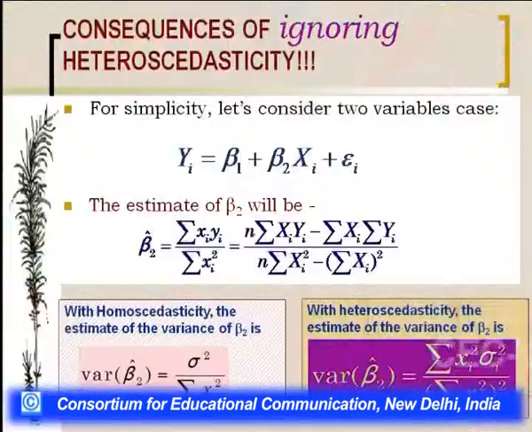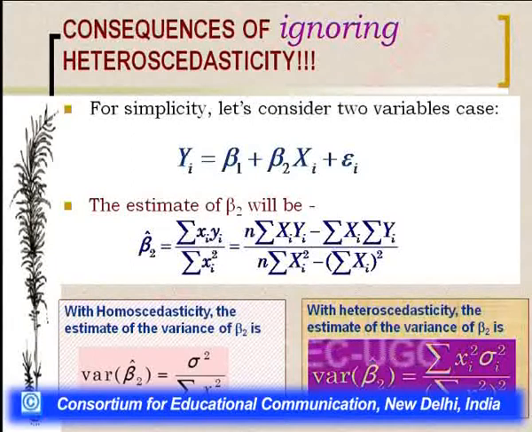For simplicity, let us consider the two-variable case: yi = beta1 + beta2 xi + ei. The estimate of beta2 will be beta2 hat = summation xi yi / summation xi square = (n summation xi yi - summation xi summation yi) / (n summation xi square - (summation xi) square). With homoscedasticity, the estimate of the variance of beta2 is equal to what? The variance of beta2 hat is equal to sigma square upon